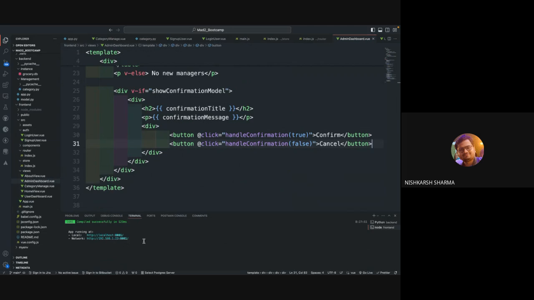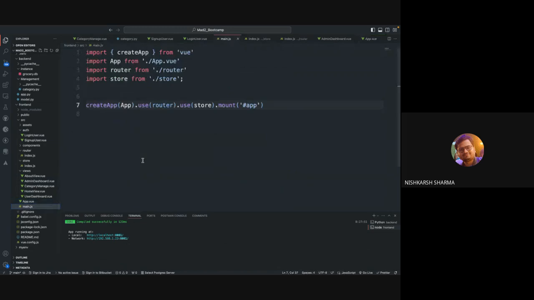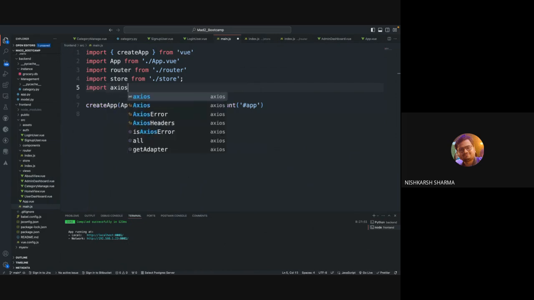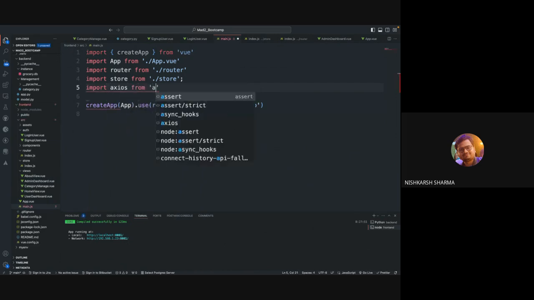Now it's running. So this is the front end logic. Now we will write the logic for the back end as well. Before that, one thing you can do in app.py: you don't have to put the URL again and again. To avoid that, what you can do is import Axios from Axios,